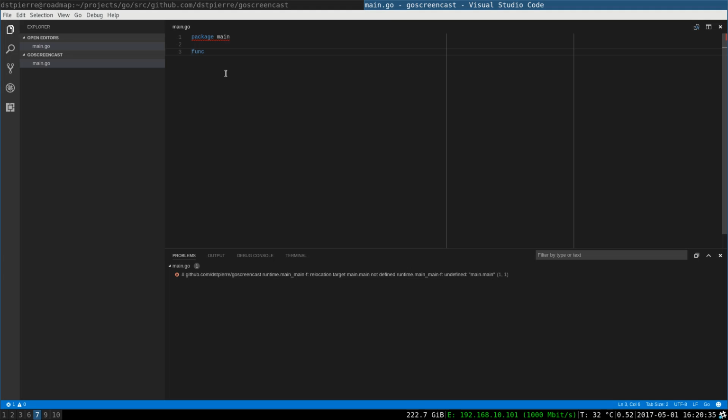You will also need a main function, similar to C, for example. This is the entry point of your program.